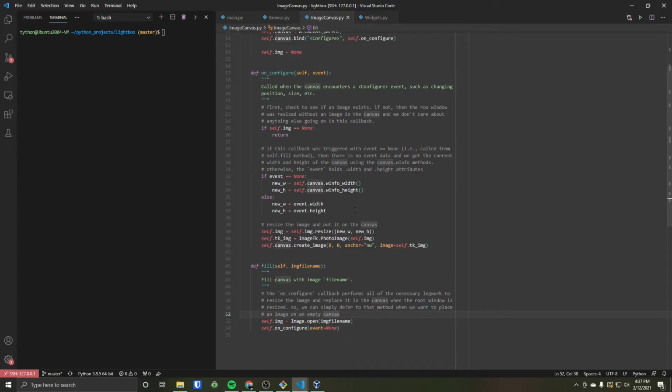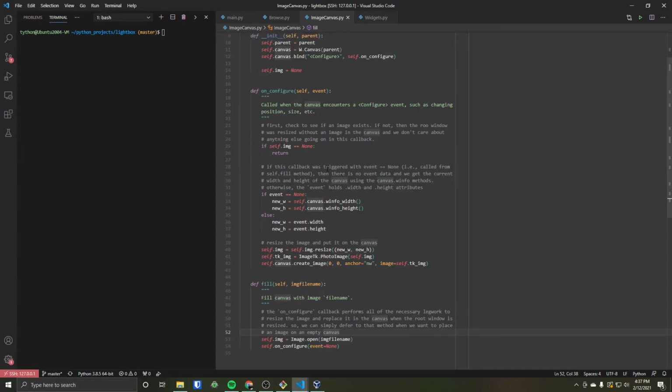And the way I differentiate is I say event equals None, because there's no callback, there's no event, it's been triggered manually. So if I catch the case of event equal to None, rather than new W and new H being equal to event.width and event.height, because event doesn't exist, there's this other method I can use, which is